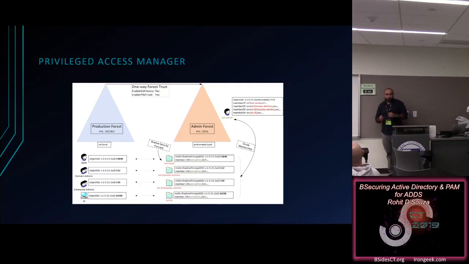So when you do get access, this is a heavy lift in terms of the admin who has to create these permissions, right? Because now you have to mirror permissions from both sides. But it is absolutely worth it because you've got two things. You no longer have any admins in your production domain, and all of your privileged access levels are time-based. So you can set it for 15 minutes, 30 minutes, 1 hour, whatever it is,